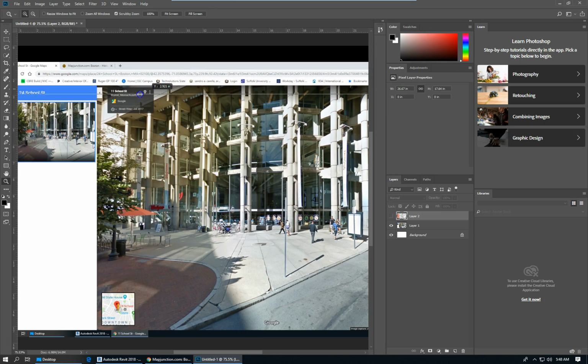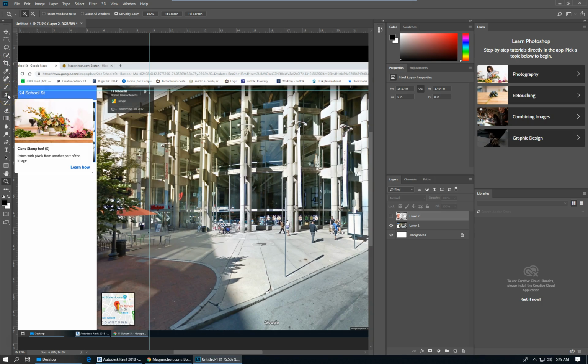So somewhere between there, I'm going to draw along that column line. So if I were to follow the line of the building, we're looking at it in perspective, but we can make some judgments about it. If I were to follow the line of the building,